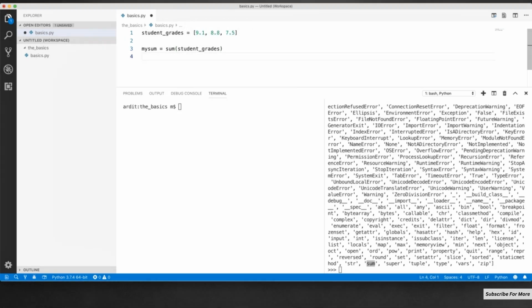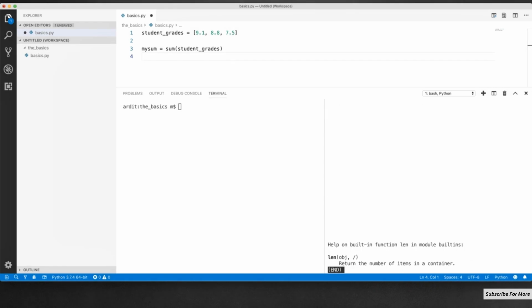And then we want to count how many items there are in that list. So do we have a count something there? Maybe not. Well, I know there's no count method. But we have this len, which means, you can check what it means. So return the number of items in a container. So a list is also referred to as a container. Let's say length equals to len